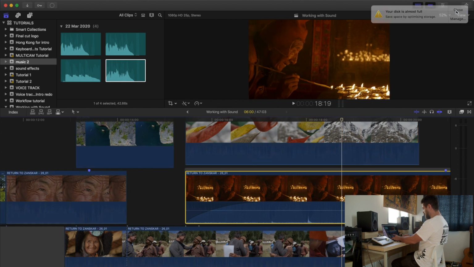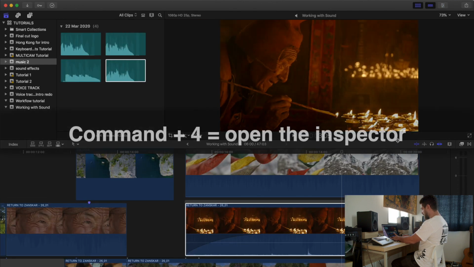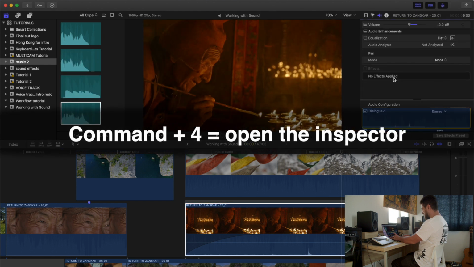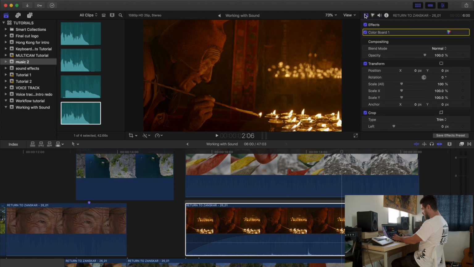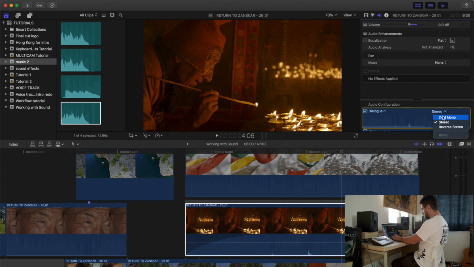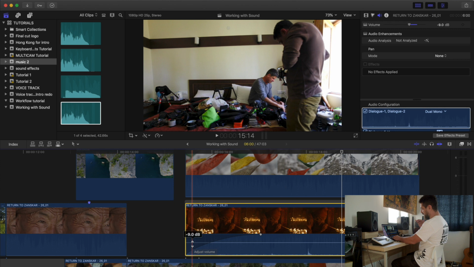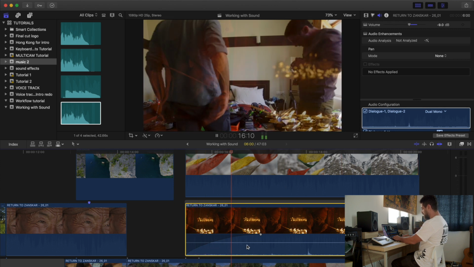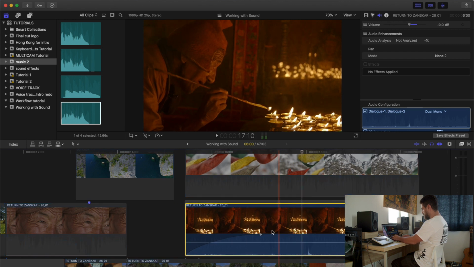And actually just now I've noticed that it's in stereo and I want to have it mono. So I've done Command 4 to open up this inspector, and now I can look, and normally it'll keep you on a video. I'm going to go to the audio section and I'll see it's in stereo. I'm going to put it to dual mono, and that'll keep it the same decibel for left and right channel. And so now if I put it in solo again,